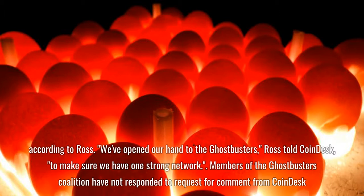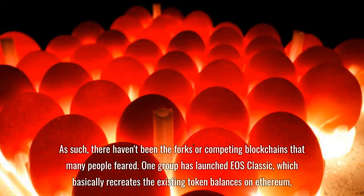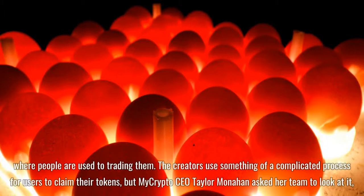Members of the Ghostbusters Coalition have not responded to request for comment from CoinDesk. As such, there haven't been the forks or competing blockchains that many people feared. One group has launched EOS Classic, which basically recreates the existing token balances on Ethereum, where people are used to